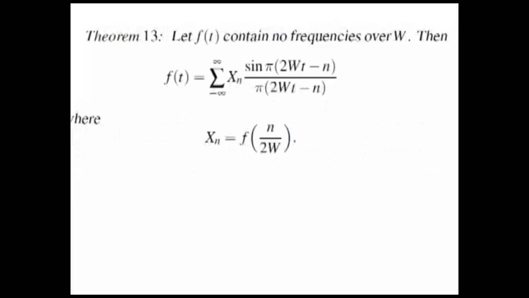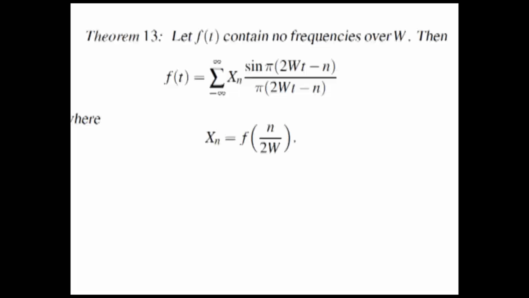Okay, then he has this theorem 13, which actually he doesn't prove here. He proves it in a Proceedings of the IEEE paper that was published the following year, and that is the sampling theorem. Okay, the sampling theorem, Nyquist had nothing to do with it. Shannon was the one who came up with the expression Nyquist rate because he wanted to pay homage to Nyquist.